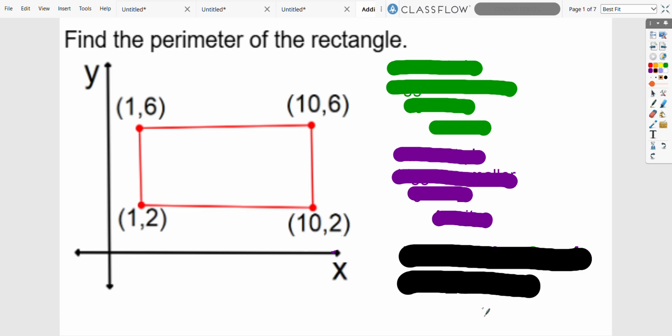Hello. In this lesson, we will be adding and subtracting polynomials. As a review, we want to be able to find the perimeter of a rectangle. We know that the perimeter is adding all the sides, and so in order to get the sides for this